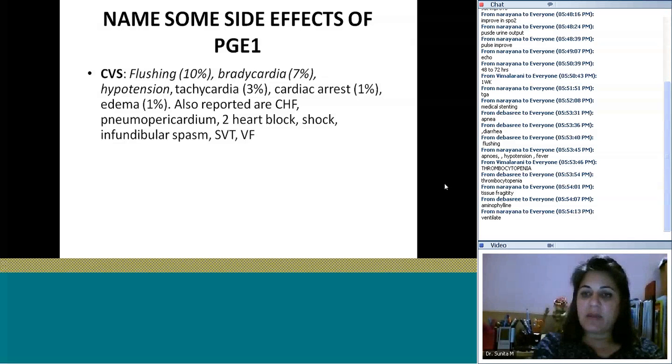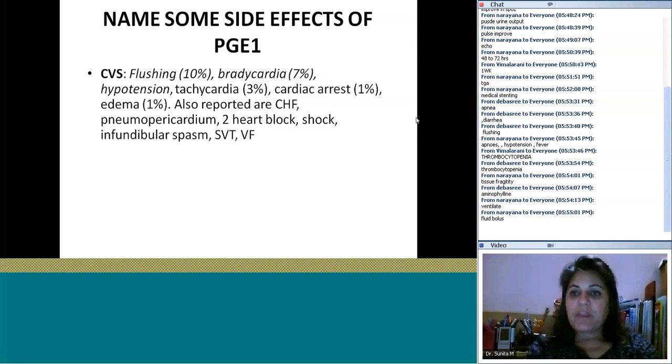He's on prostaglandin, you started it, 10 minutes later his blood pressure dropped. What are you going to do? You're going to immediately stop the prostaglandin, give him fluid, then restart the prostaglandin at a much lower dose. In those patients, you'll want to start at a low dose and gradually go up. We said that prostaglandin is rapidly acting, right? Within half an hour to 2 hours, you know the effect.